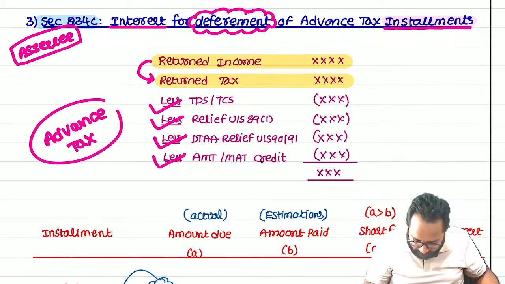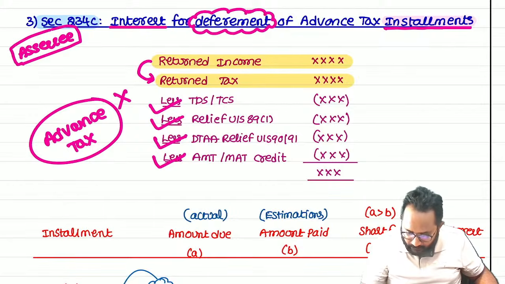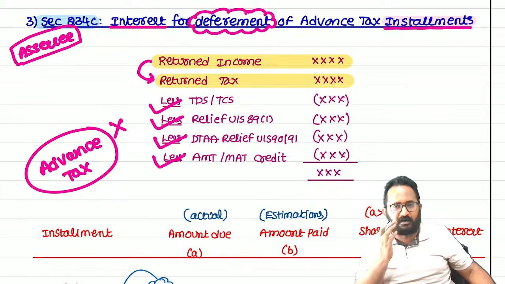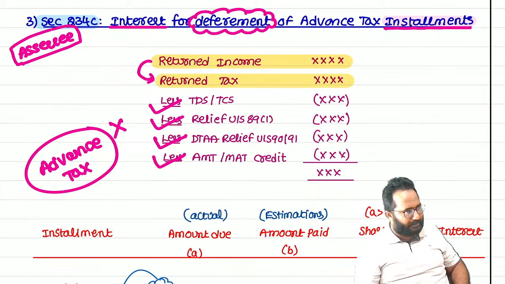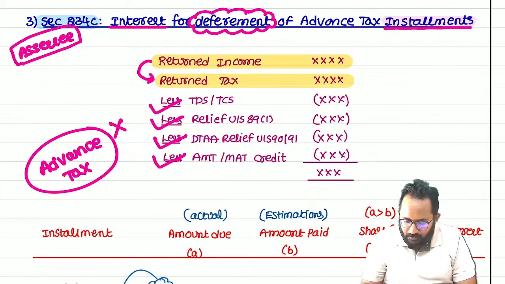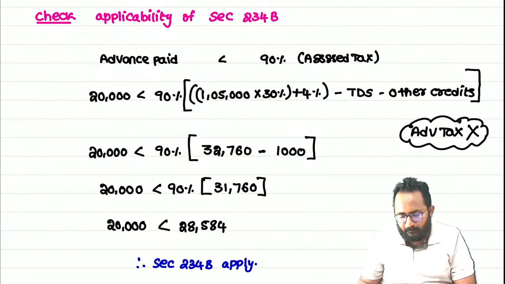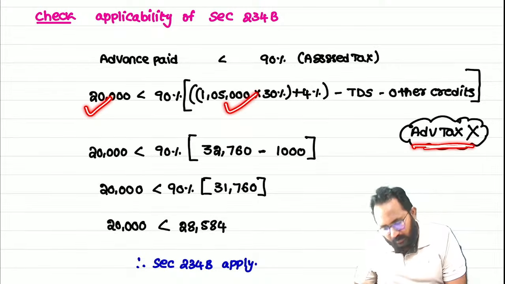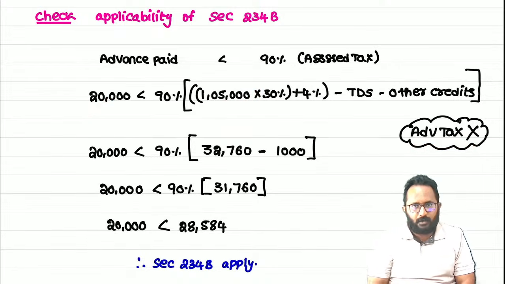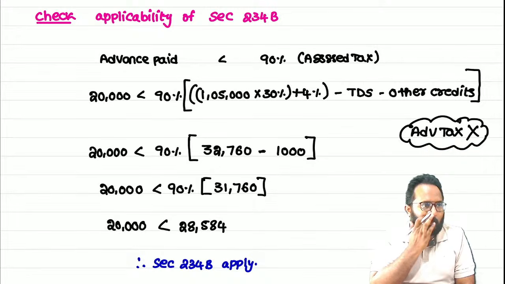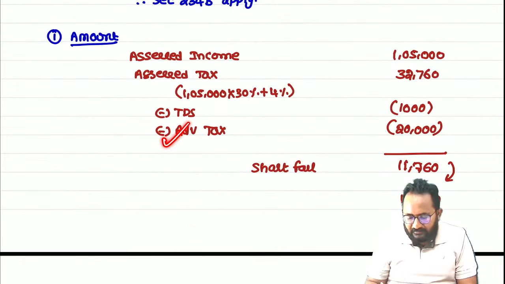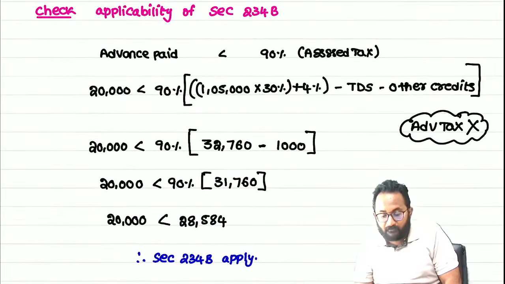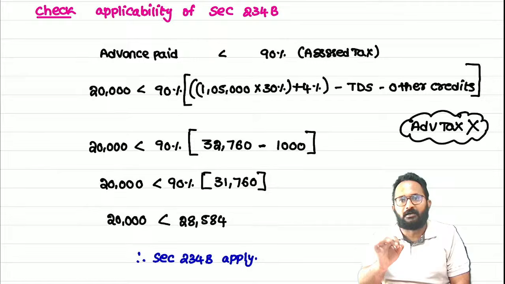Sir, we paid some amount of advance tax in the previous year, sir. No, okay, you paid, I will accept, but don't reduce it. I will tell you why we are not going to reduce it. Ma, in 234B computation also, we are comparing with the advance tax. That's why we are not reducing, right? Here also, while checking only, we don't want to reduce. But after calculating the shortfall, we can reduce. While calculating the shortfall, you can reduce. But while checking only, please don't reduce advance tax.